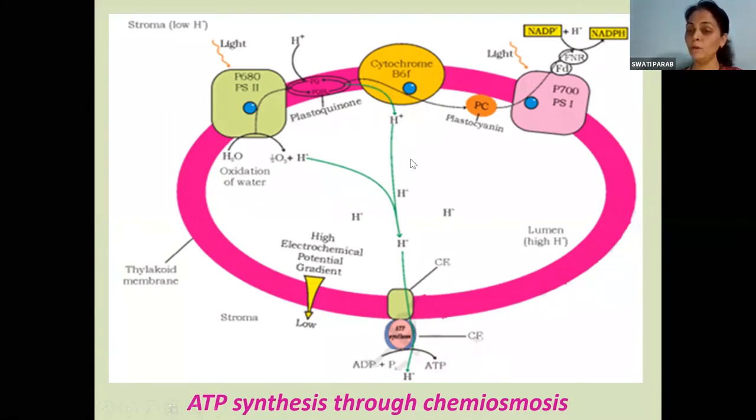Whereas in lumen of the thylakoid, it is just used for the process of phosphorylation. तो यहाँ पे ये क्या होगा? Increase होगा. So there will be more amount of protons in the lumen and less amount of protons in the stroma. So if you get such an application based question, तो answer आपका क्या रहेगा? That in stroma there is reduction reaction where NADP gets converted to NADPH2 where hydrogen is utilized, and that's the reason there will be less amount of protons in stroma and more in lumen. Okay, so such type of questions can come.